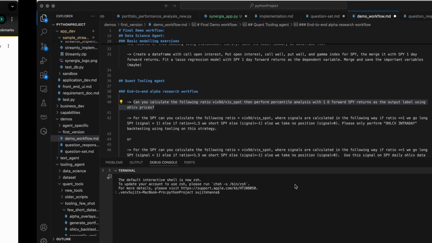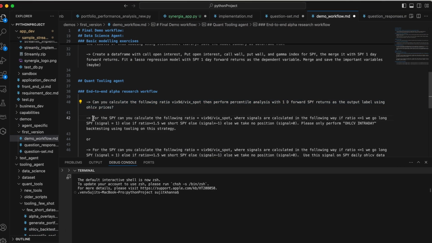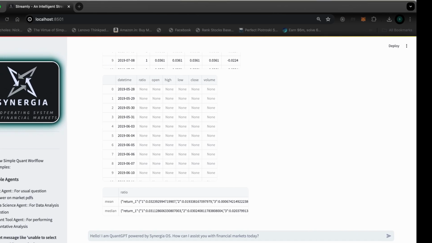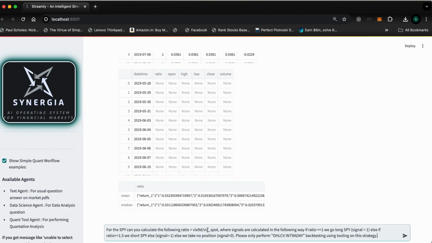So let's just sort of design a simple trading strategy, right? Like what I'm gonna do is like I'm just gonna have like a binary score over here. So what I'll do is like I'll compute the ratio and I'm gonna tell this operating system is like calculate signals where if the ratio is less than 1, we go long SPY. Else if the ratio is more than 1.5, if it's like really high, we should short SPY. Else we don't take any position. So instead of using percentiles, I'm going to create like actual thresholds